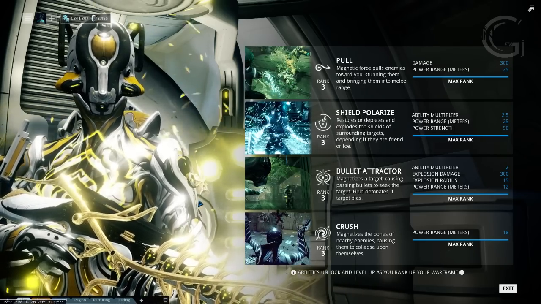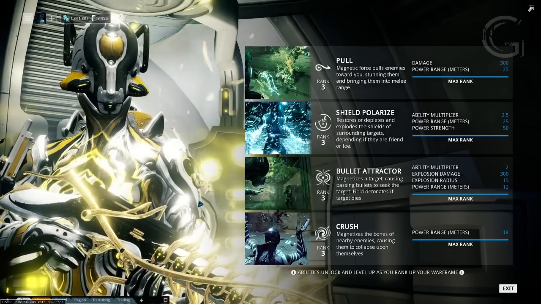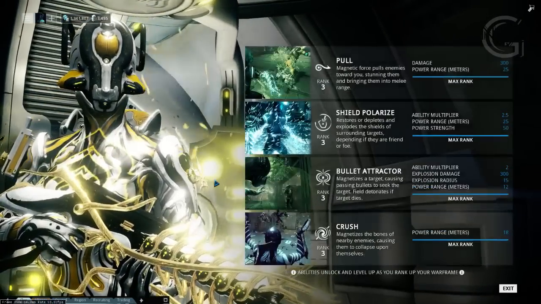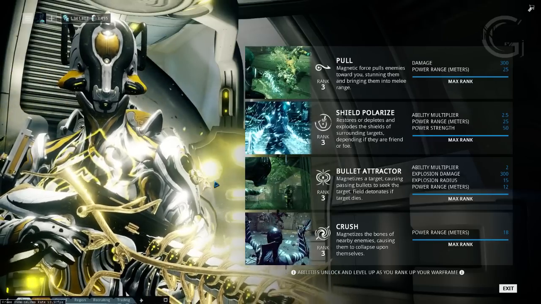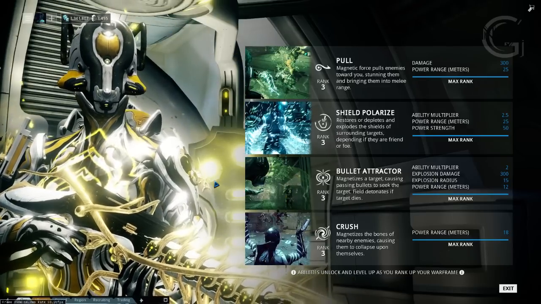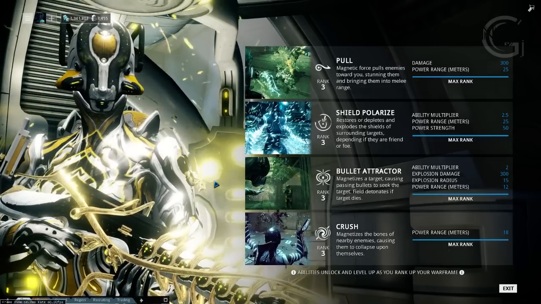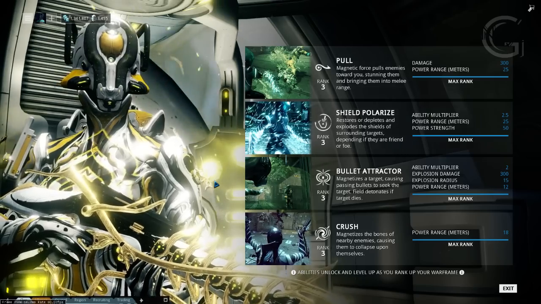Lastly, we have Crush. Crush has a decent range, even more decent with the arcane coil mag helmet, which I believe is the one I'm using, right? Yep. I heavily recommend getting an arcane coil mag helmet, and that stretch mod which we were looking at earlier. Crush gets a decent range, and it's very satisfying to use because of the animation, the way it works, and it's good to use after a shield polarize that doesn't kill everyone. It can pick off stragglers too in that situation, or